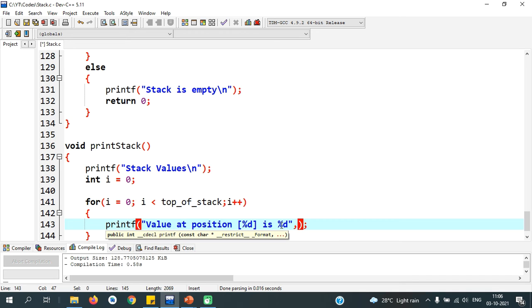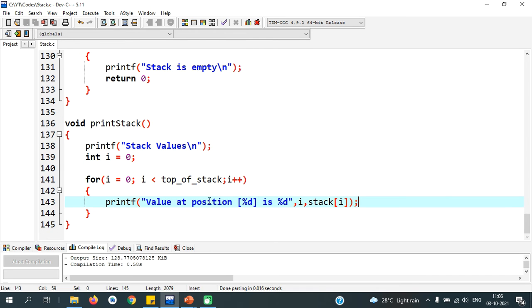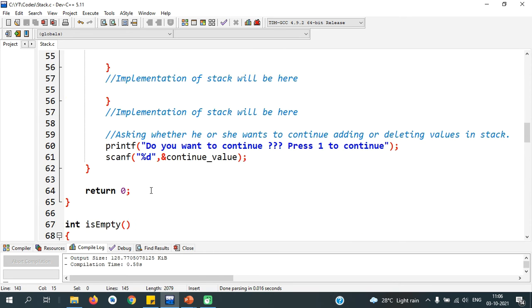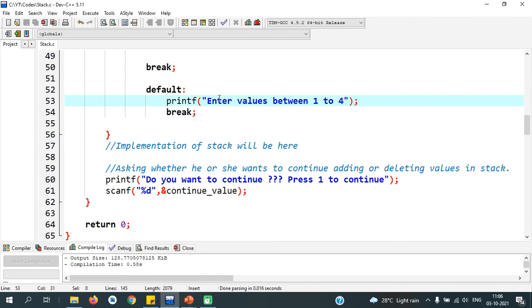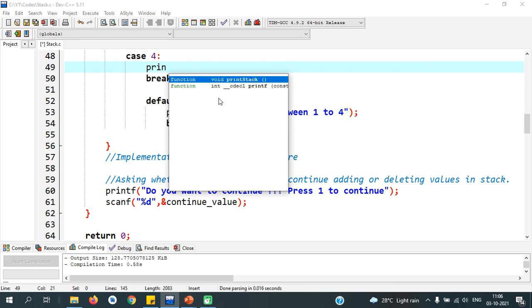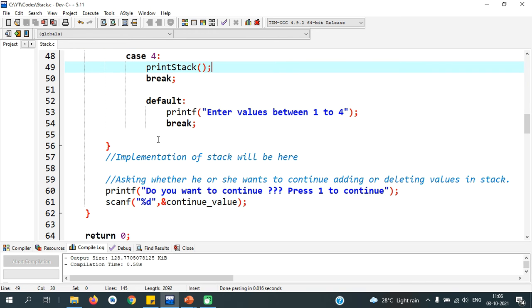So first %d is i, comma, second %d is stack of i. This will print the value of stack, and we will update this switch statement here with the print stack function. So now the entire implementation is over.